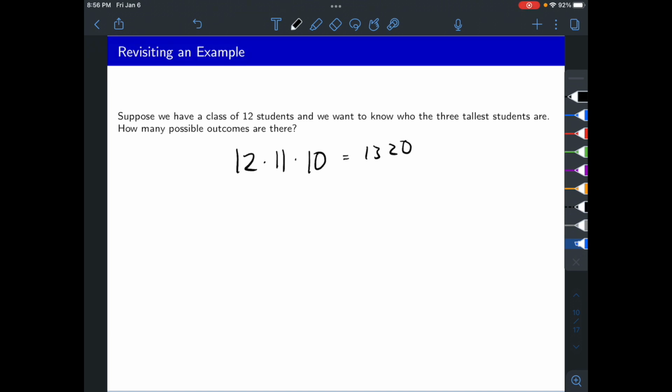Here's another way that we could have thought about this problem. You could say that you're rearranging all of the 12 students. First, how many ways are there to order the 12 students from the first tallest to second to third, all the way down to who is the shortest, the 12th tallest? Counting the possible orders of the 12 students would just be 12 factorial, which is 12 times 11 times 10 times 9 times 8, 7, 6, 5, 4, 3, 2, 1. Obviously, this is overcounting by a lot,